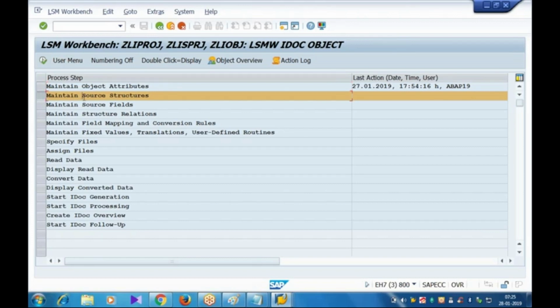In this, what we will do is create the structures corresponding to the number of files. How many files are we considering? 2 files. Each file is related to one segment. So we need to create the number of structures corresponding to the number of files. Since we have 2 files related to segments,